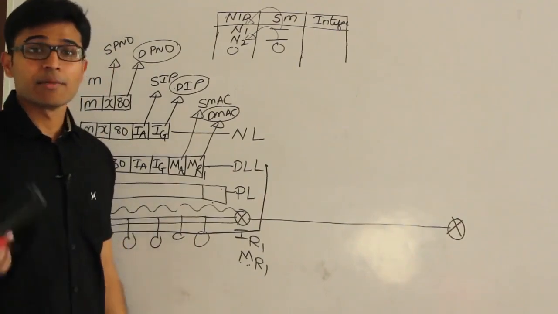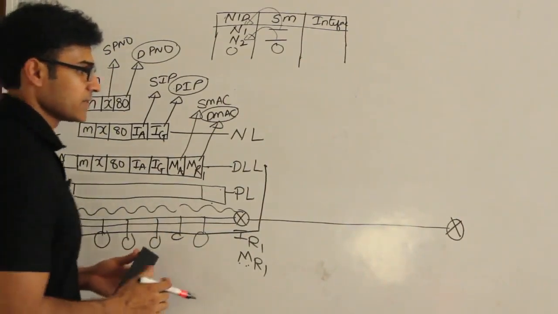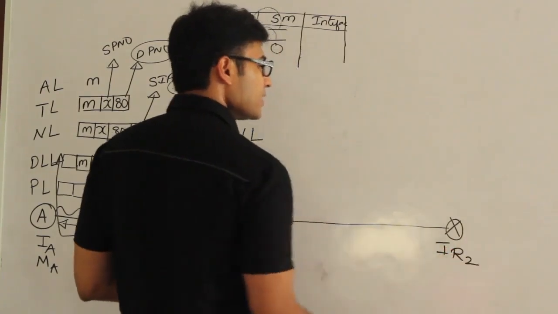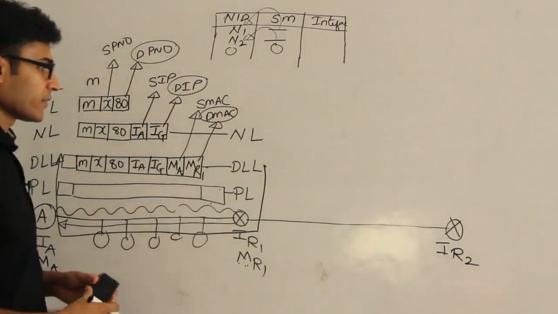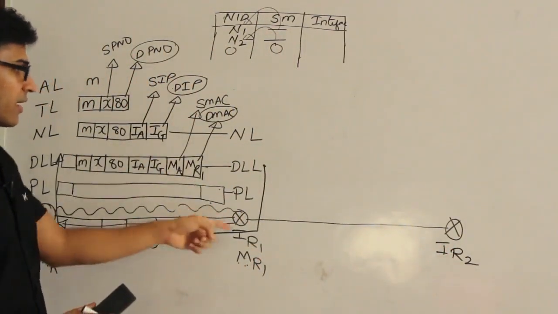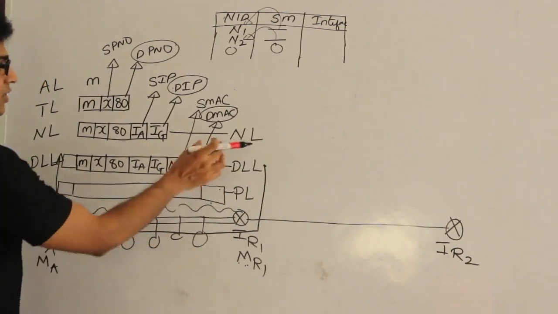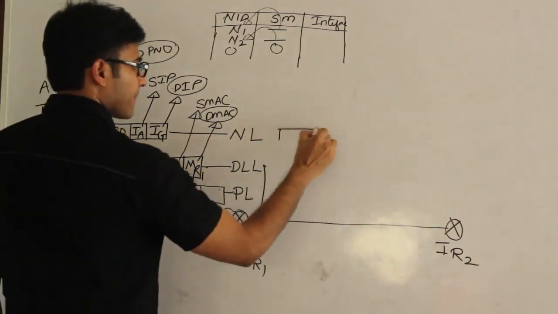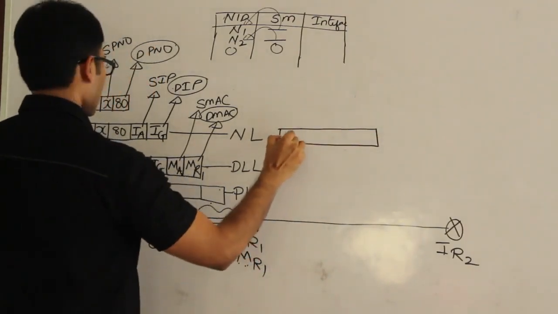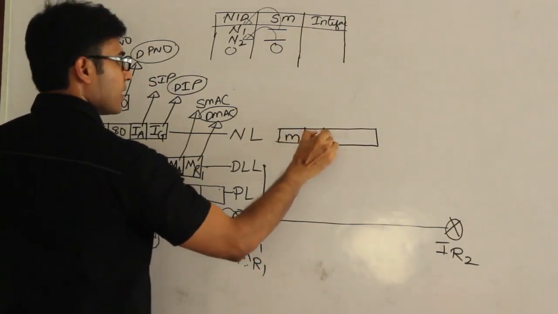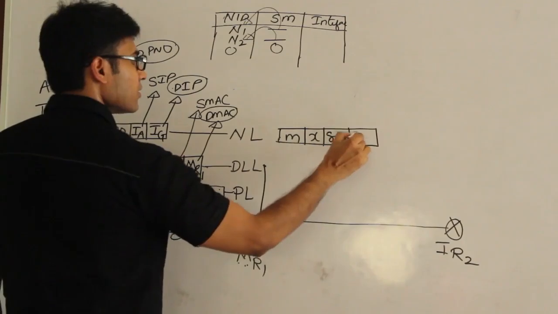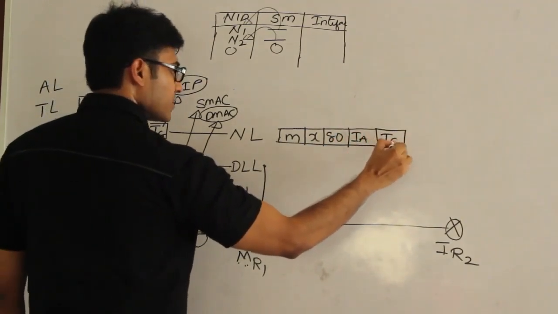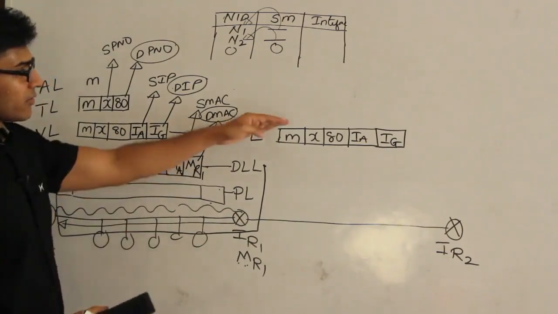My assumption is that this router R1 has router R2 as the default entry, which means if it doesn't know where to send the packet, it will send it to R2. So it will take this entire packet. What does that entire packet contain? Message, X80, IA and IG. It will take this entire packet and give it to the data link